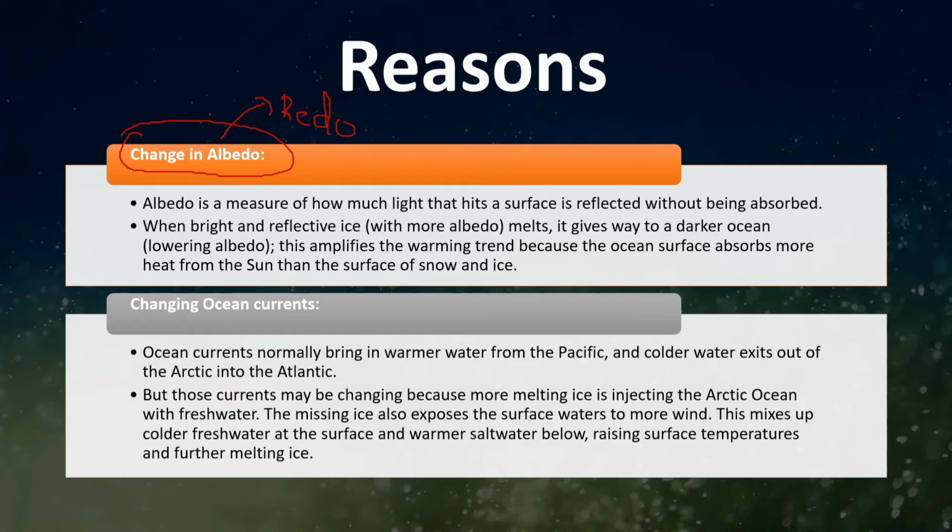Then changing ocean currents. This change in temperature in the Arctic region also leads to increased temperature in the ocean water transport. As a result, these ocean currents transport this warmer water to other parts of the globe, leading to an increase in temperature throughout other regions of the globe. For example, warming in the Arctic Ocean can cause an increase in temperature in the Atlantic Ocean, since this warmer water is transported to the Atlantic Ocean. Since all the global water is interconnected, any change in one can have an impact on the other.